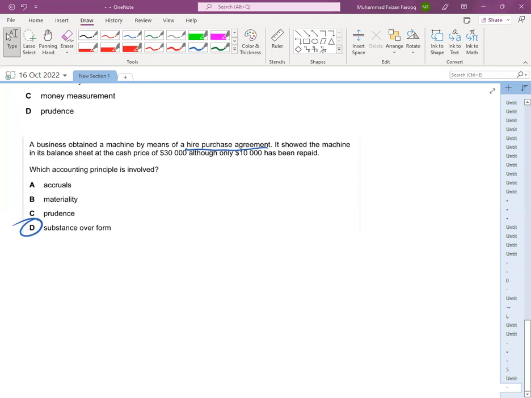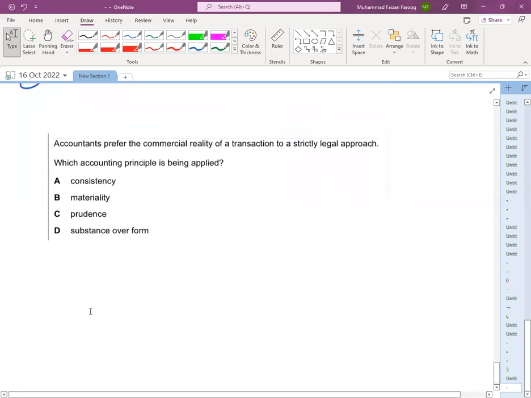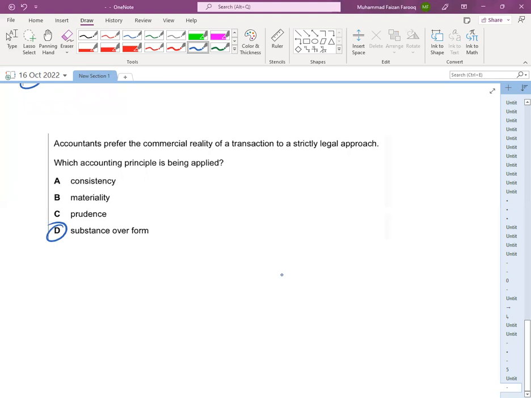accountants prefer the commercial reality approach, not the legal way or strict legal approach. Which concept is that? Simple. Accounting is not following the legal approaches. Accounting is following the commercial reality. IAS and IFRS. This is what? This is substance over form. The next question is,